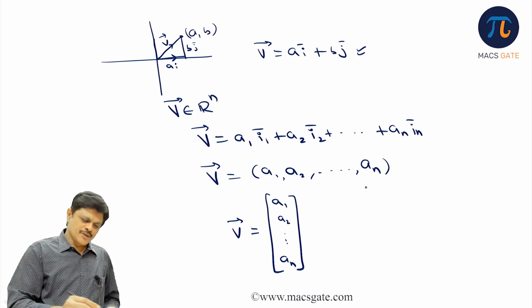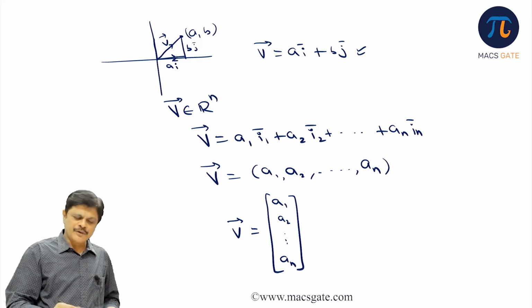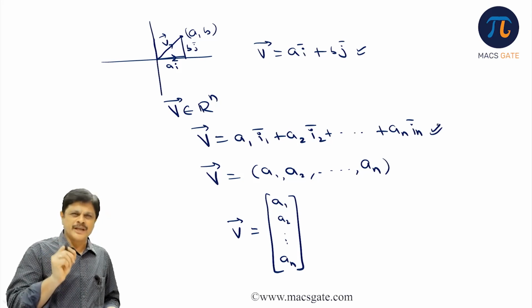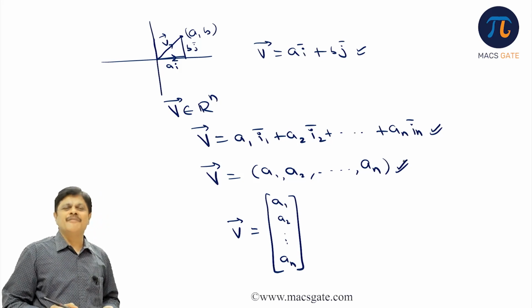Hope you understand. So the basic unit vectors in the direction of the principal axis are going to help you express any vector in space in a unique manner. That particular one is what is known as the component form for the vector.